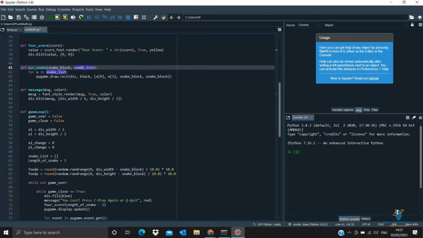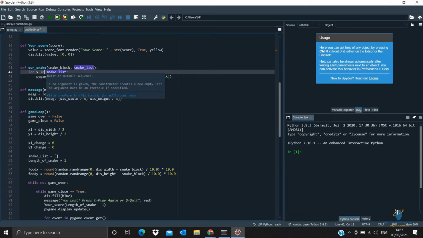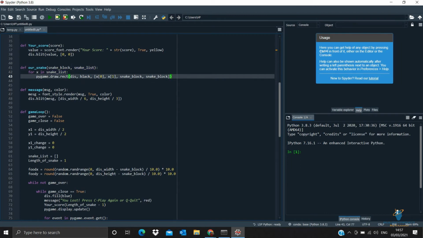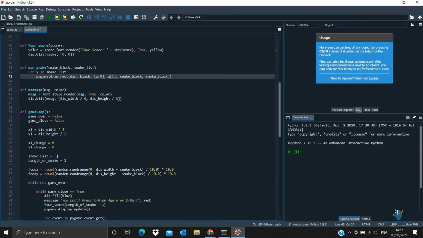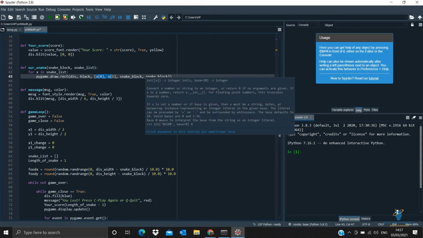So what we will do, with the help of a for loop and a new variable x in this snake list, is call the pygame library, and we are trying to make the UI, the frame which you will get, with the help of a rectangle, that is rect, the keyword for rectangle. We are giving the keyword rect, and inside this we are going for display because we want our display to come. And then the default color we are giving is black, which we are assigning here.